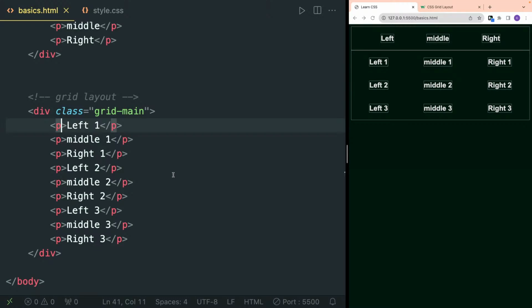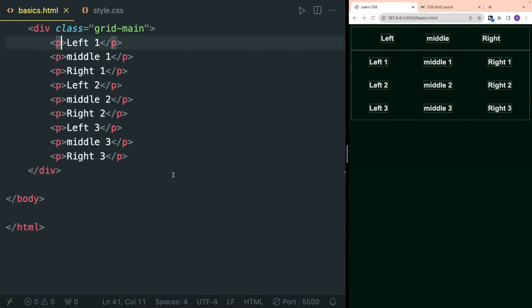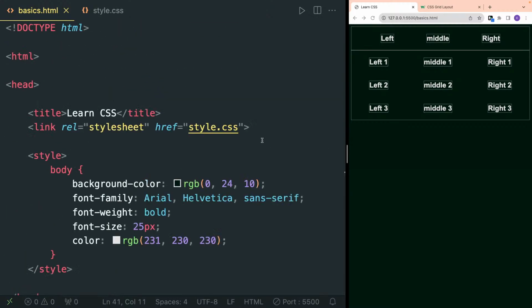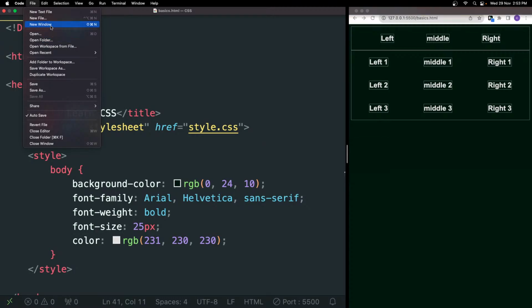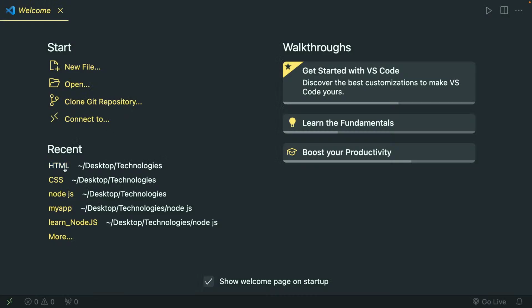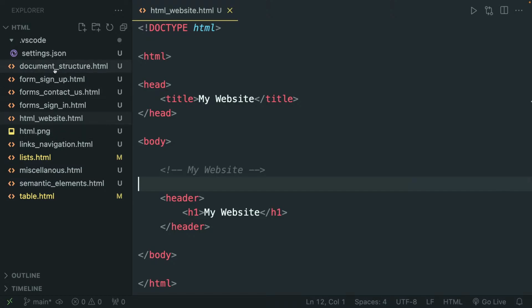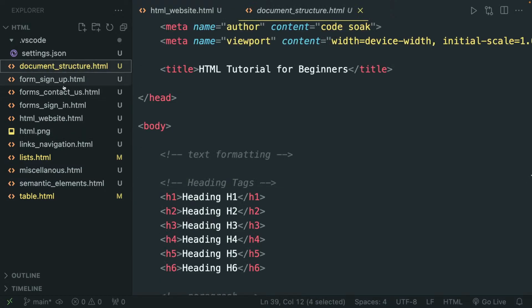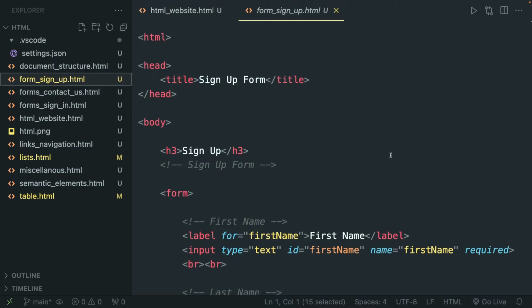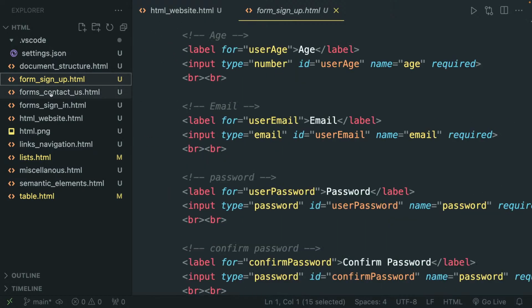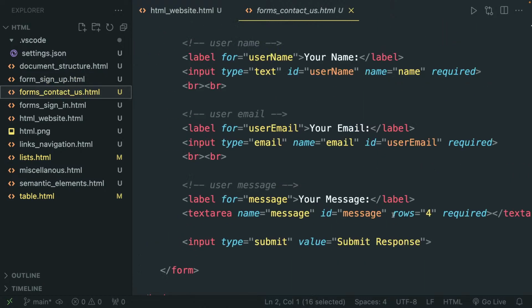Now let's put some styles on our HTML tags, right? So yesterday I created some HTML files. Let me just open a new window. Here I have created some dummy HTML, like sign up forms purely in HTML and contact us purely in HTML. If I go live,